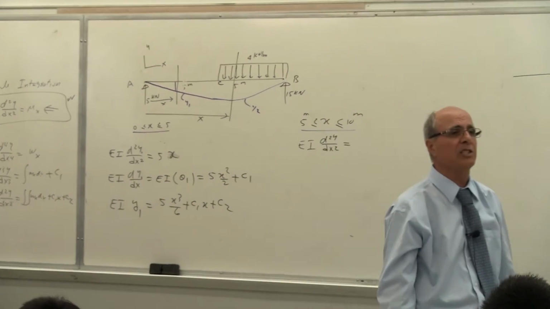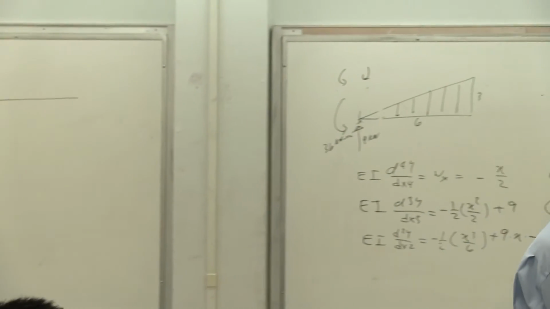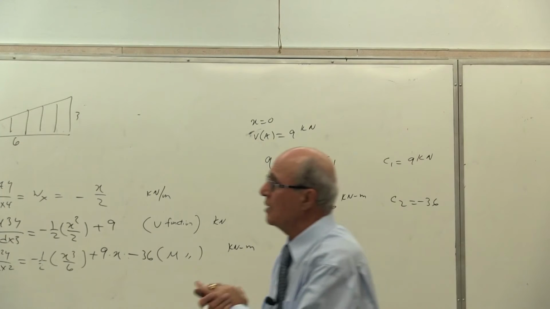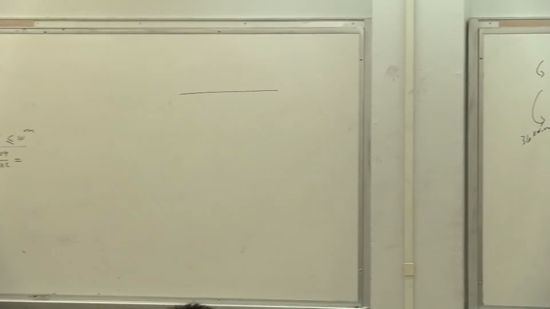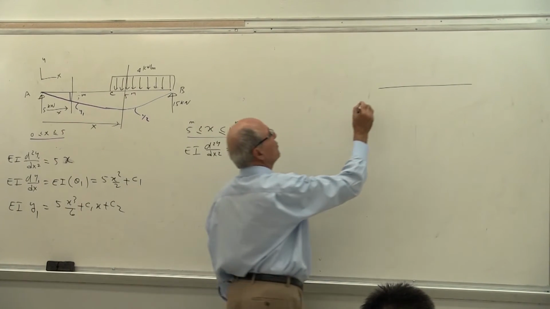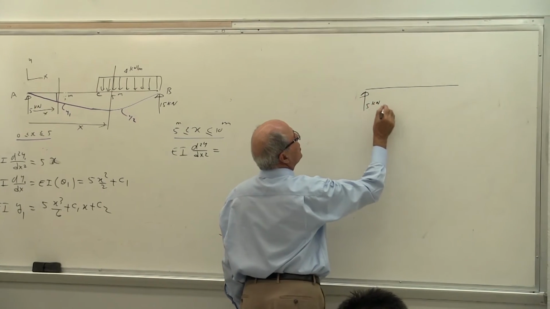They have some relationship, but you cannot do that because I asked you to use the same x and y coordinate, yes or no? So with the same x and y coordinate, the distance from here to here is x. Is that understood? And you cut it here, so this will be your free body diagram. You have 5 kilonewton here.